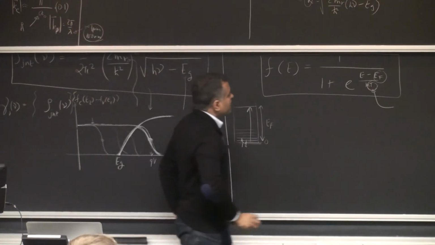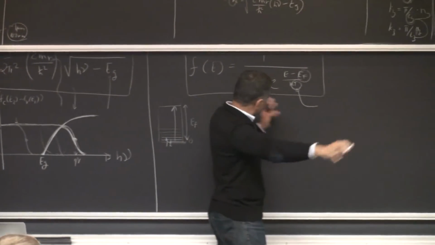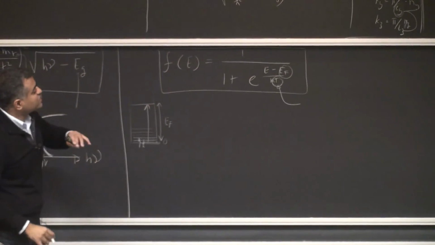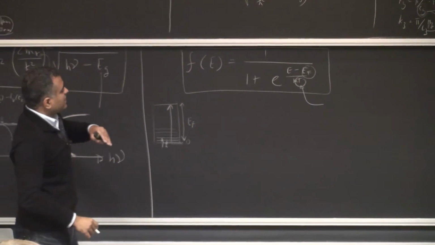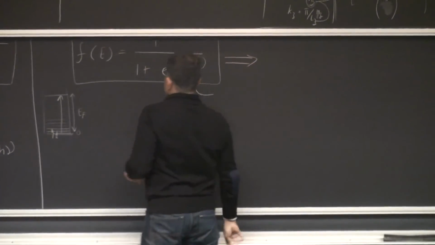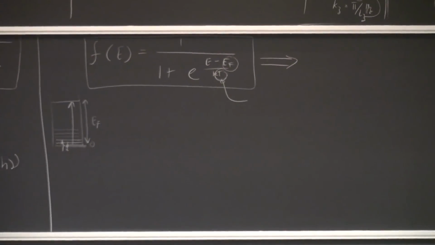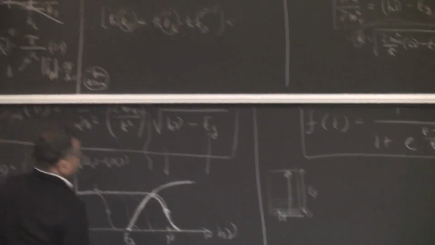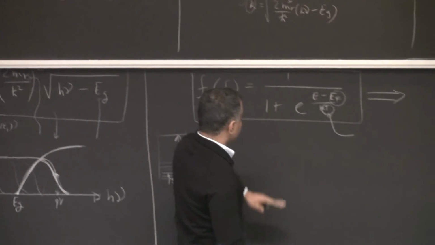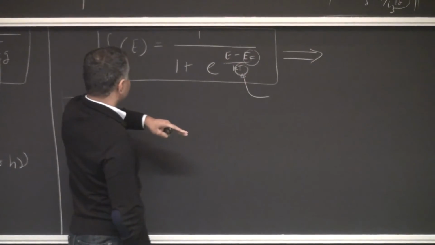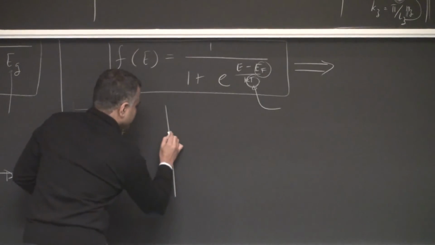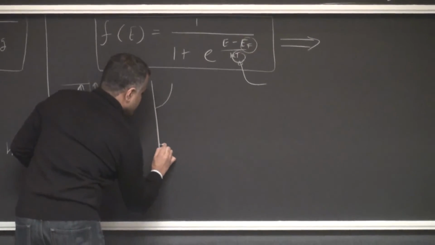But the moment you apply a voltage across it, you completely pull it out of equilibrium, and that's where most of the interesting things happen. So what we'll say is the moment I apply a voltage to my electron system, and I'm going to be very precise about exactly what I mean by voltage, okay, let me actually sketch this. So I have the conduction band with a density of states that's,